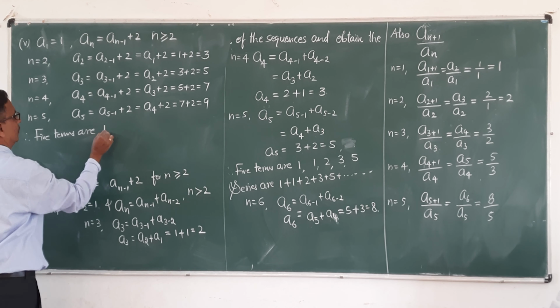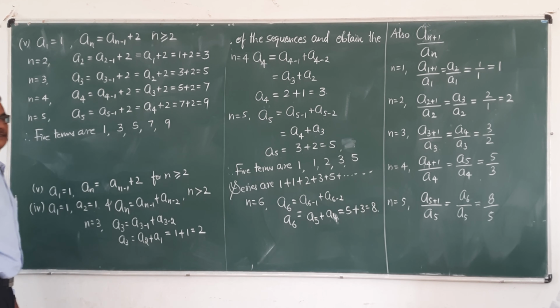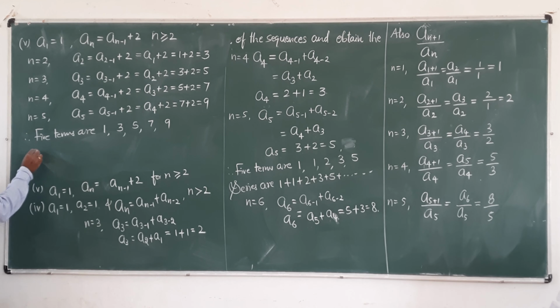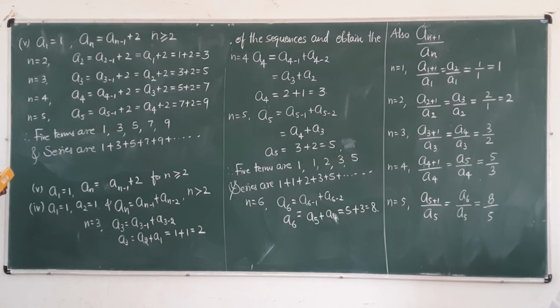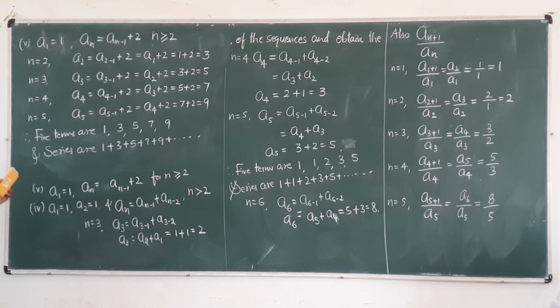are first number 1. a1 is 1, a2 is 3, a3 is 5, a4 is 7, a5 is 9. These are the sequence and corresponding series are add all series 1 plus 3 plus 5 plus 7 plus 9 and so on. These are the corresponding series. Here students, okay, most important, do work hard. Okay, so observe 2 to 3 times you do and write all those things.